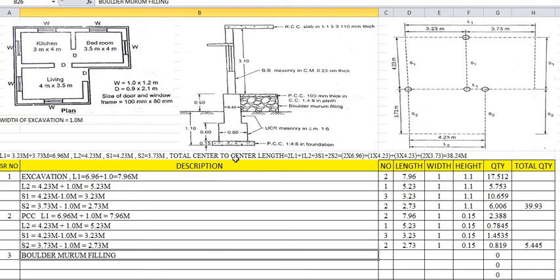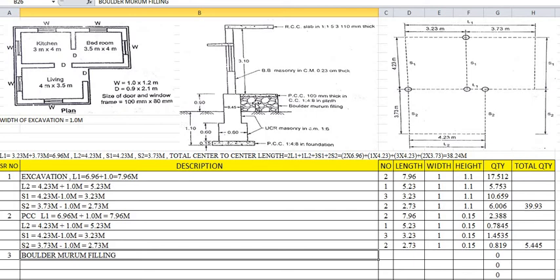So here the dimensions for boulder filling are very important. Height has been mentioned as 0.8 meters, but what will be the length and width of boulder filling within the room? First, we have to imagine the plan, and depending upon plan and section we have to have an image in our mind of how this boulder filling is to be done in a room. This boulder filling will be done within the room. This word is very important.